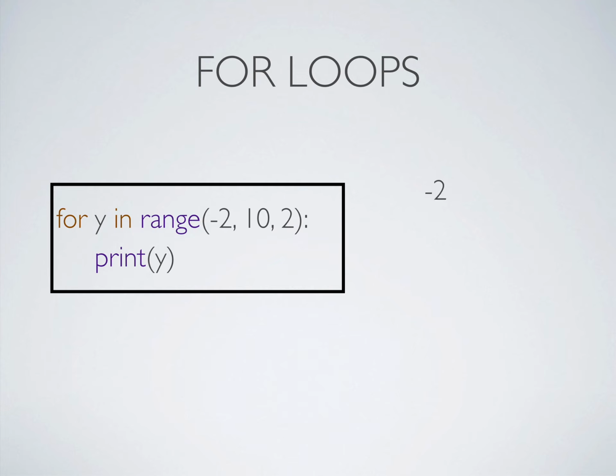Alright, now the skip is 2, which means each time we iterate the loop, we're going to give y a new value that goes up by 2. So the next value that y is going to get, starting at -2, add 2, so you get 0. Awesome. Then you keep going up by 2. So the next one will be 2, then 4, then 6, then 8,